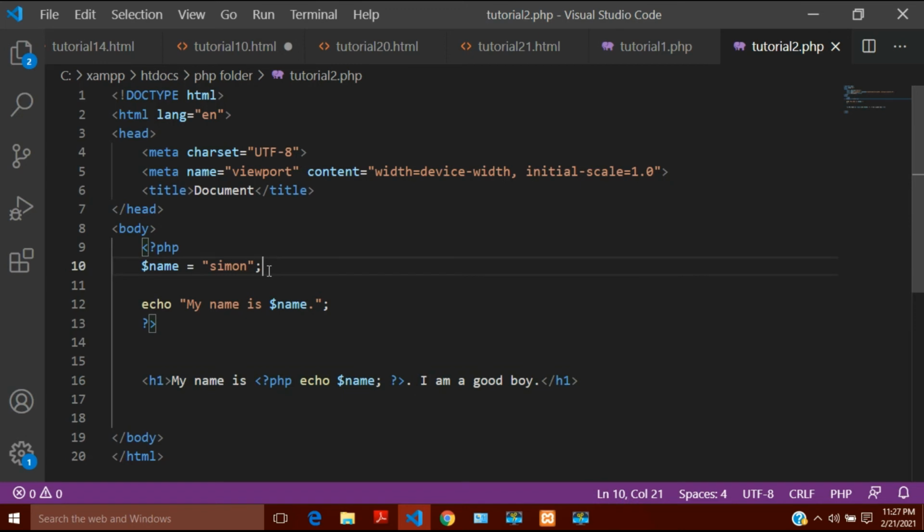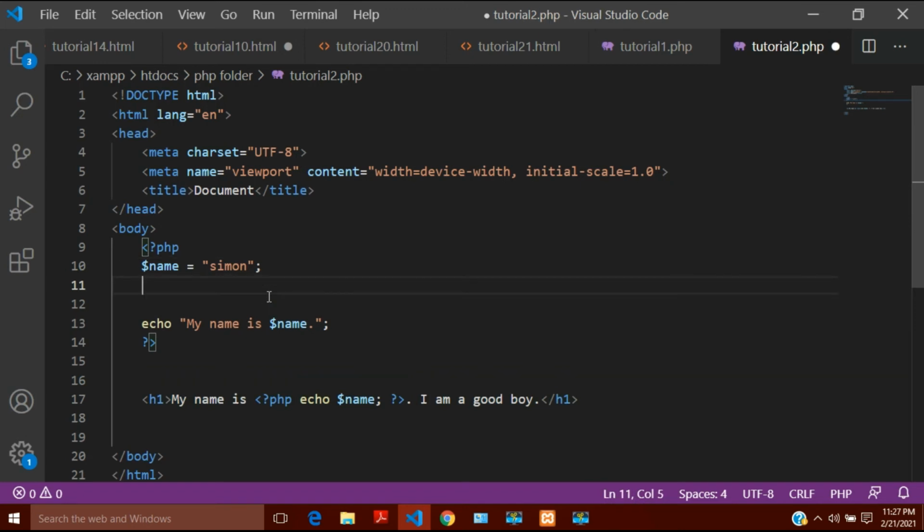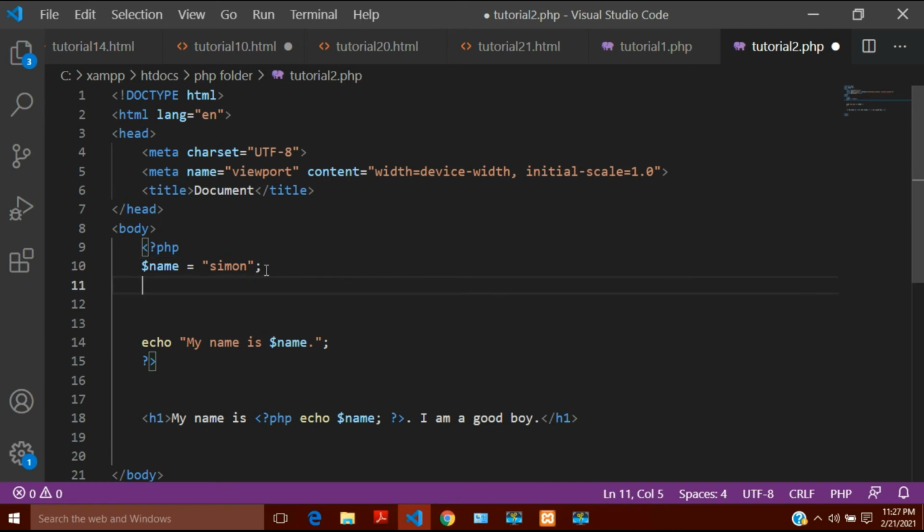Let's create another variable here, in which I will put not a string but a number. You can see that when I had put the string, I had to put double quotes, or you can also use single quotes here. But when I create a variable in which I want to insert any constant, any number, then I will not have to use double quotes or single quotes.